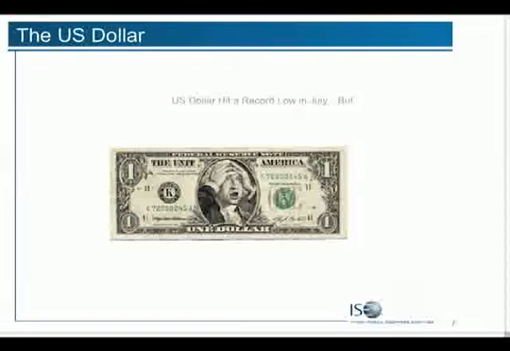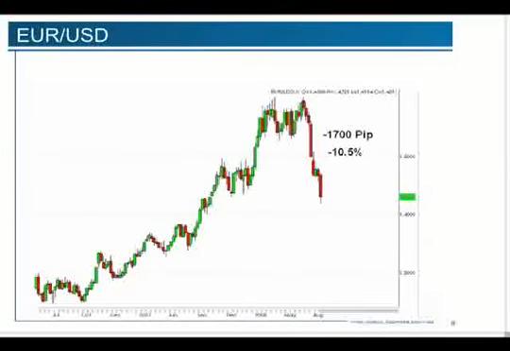dollar. But the U.S. dollar hit a record low in the month of July, and since then it has skyrocketed. We have not seen this type of move in the currency market in years. In a little less than 2 months, the U.S. dollar has rallied more than 10% against the euro. I think about 13 or 14% against the British pound. I know for sure it's about 3,500 pips. And, leaps and bounds further in terms of its appreciation against the Australian dollar, New Zealand dollar, and basically everything